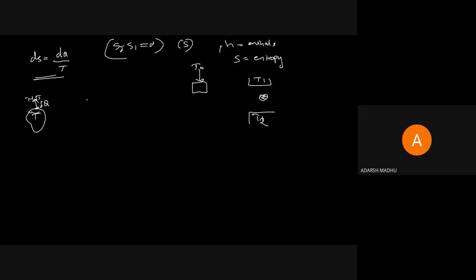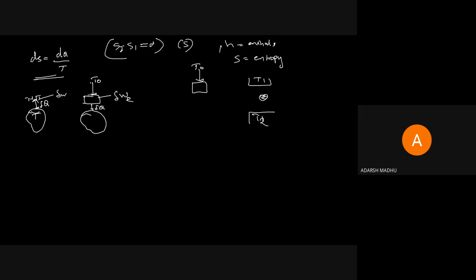So when an additional reservoir occurs, we can treat that heat reservoir in the form of a heat engine. We can convert that reservoir in the middle into a heat engine which receives heat from an absolute temperature T naught, not T1 and T2, but absolute temperature T naught to T. This is a reversible heat engine, so the work done will be dWr. For a small system, the work done is dW.